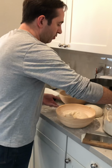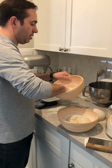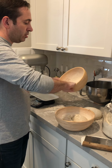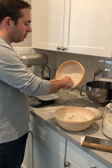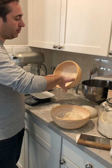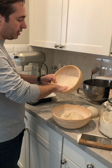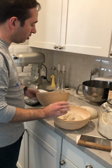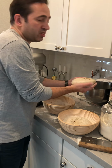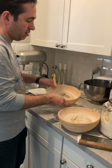I'm going to do the same now with the other bowl. I'm going to add a little bit of flour into my banneton. Now I'm probably guessing some of you are saying, well, I don't have a banneton, what can I do? In that situation, what you can do is use a glass bowl, but I would flour it pretty well. One other option is to put a towel, like a dish towel or a cloth towel, into a glass bowl, flour that really well, and then put the dough in the bowl. You just don't want it to stick. So now I take it, again, smooth side down, put it in,